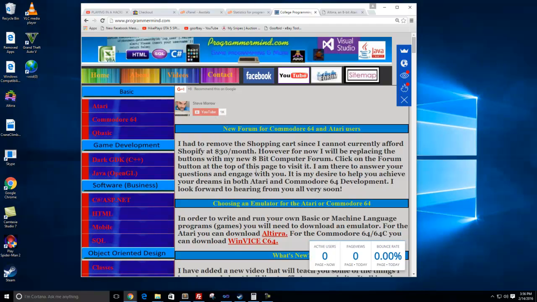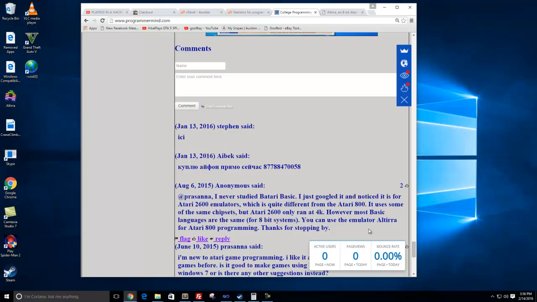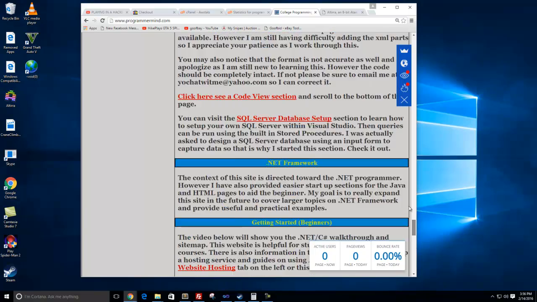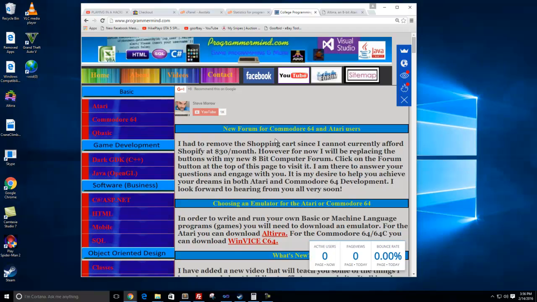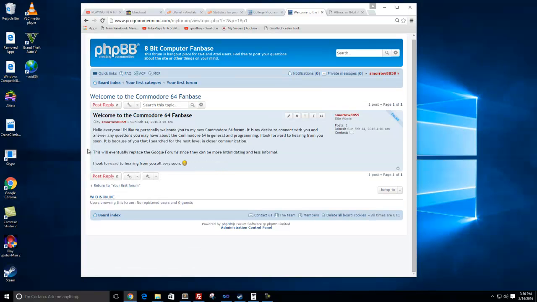So I'm getting a lot of feedback from people about the website and things that they're looking for in general. What I've come to realize is that instead of just creating these little forms on the bottom of the pages, which I have right here, they're a little bit more impersonal. Since I switched over to GoDaddy recently, I learned how to use their forum. Basically, you just download a plugin. And if you click on the forum, you can go in here, and I created my little first section here.